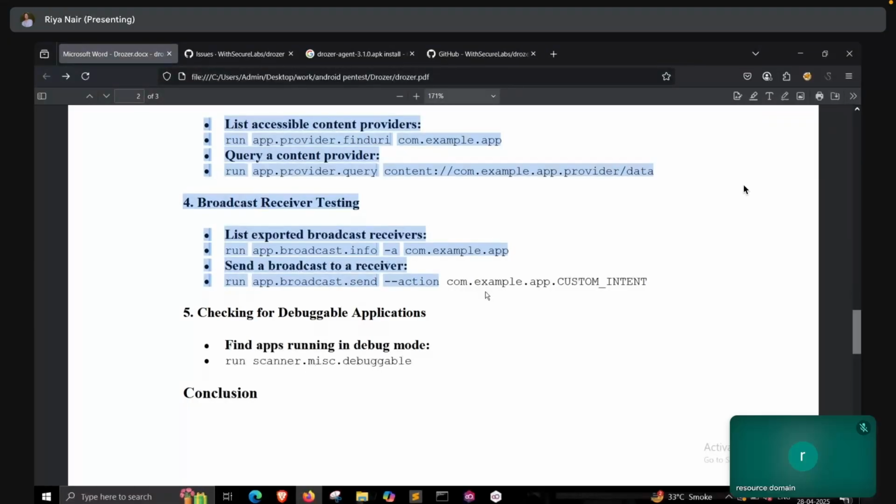You can send multiple things like that. You can put some actions like